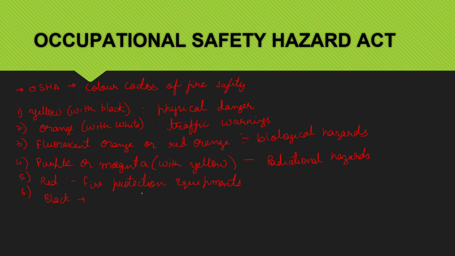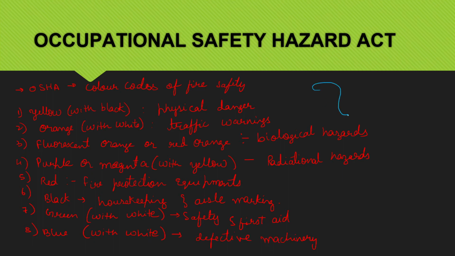Black is for housekeeping and eye marking. Seventh is green with white for safety and first aid. Blue with white is for defective machineries. So guys, these are important codes